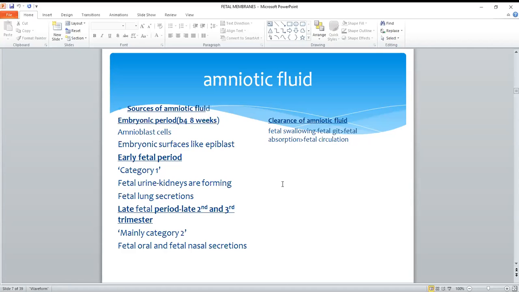So this is the main method. So when you're asked in an MCQ, what's the main method of